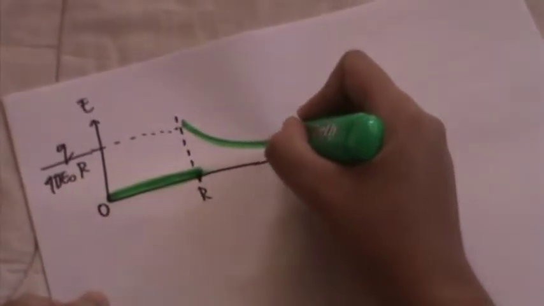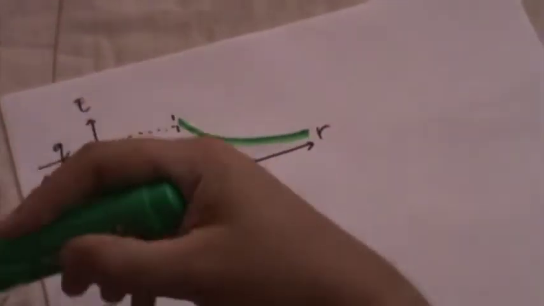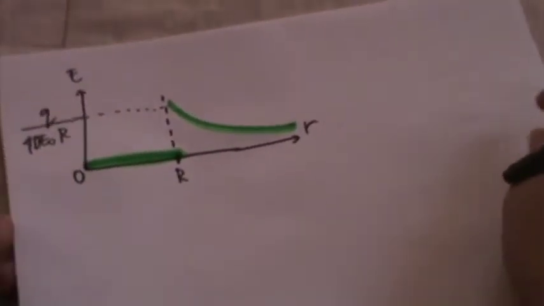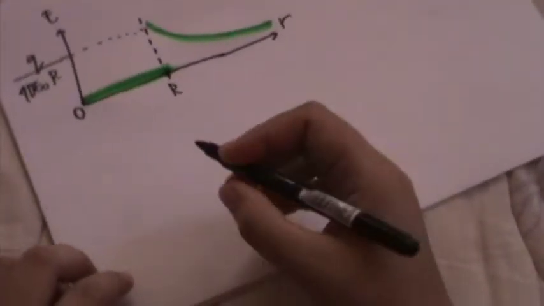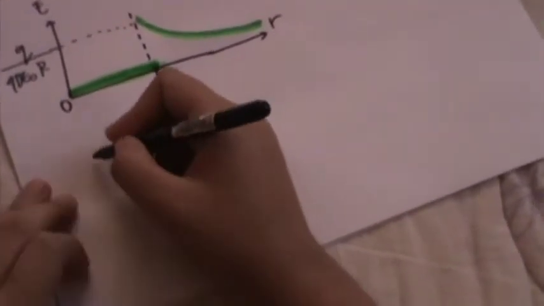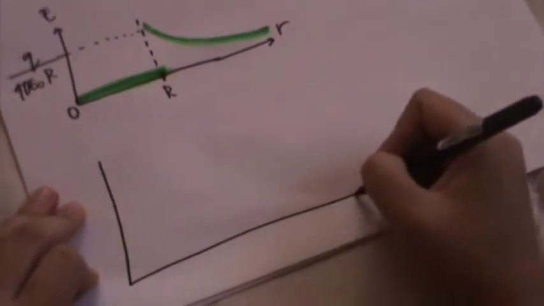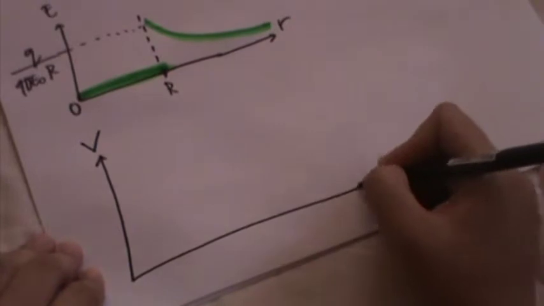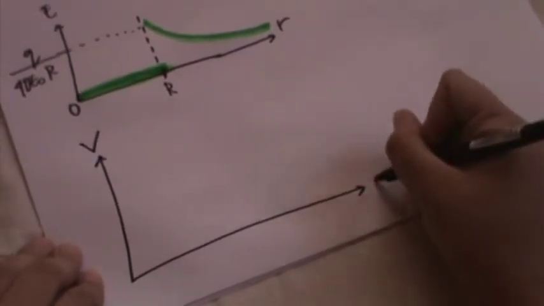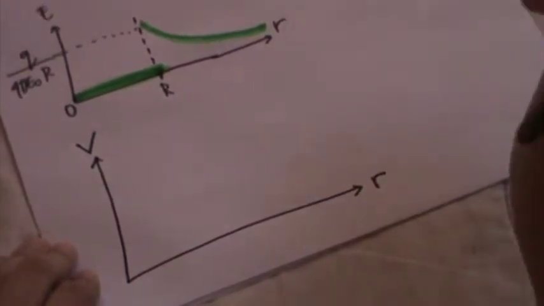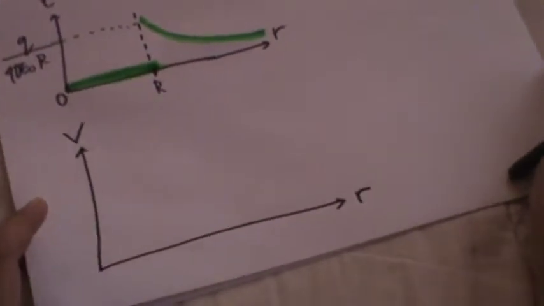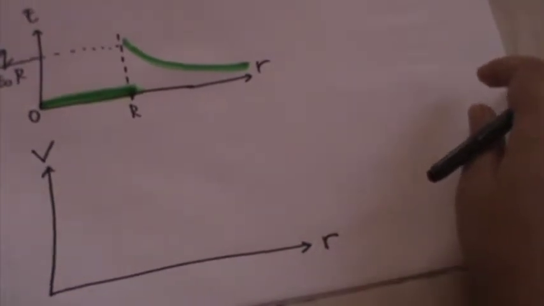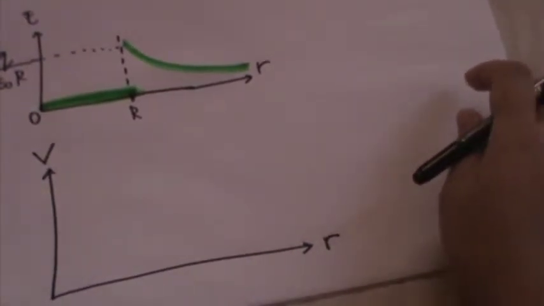Sloping downward graph. That's for the outside, the graph for the electric field. Next is the graph for the potential. So the graph for the potential V varies with the radius R. If we look back at our equation in solving for the potential, they're almost like the same, but